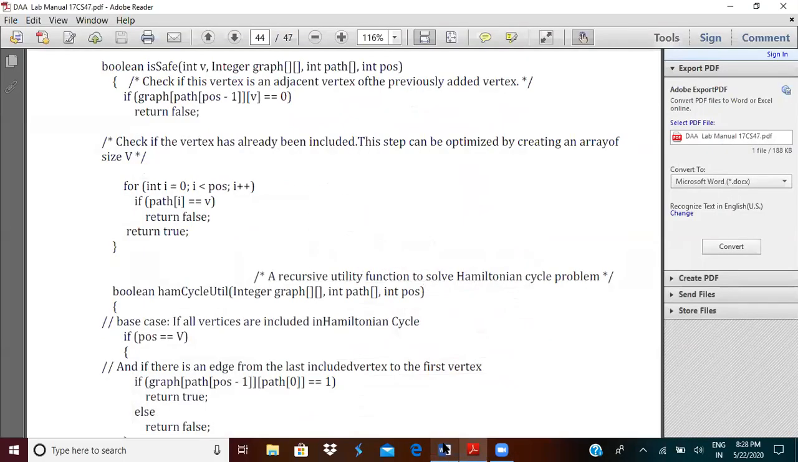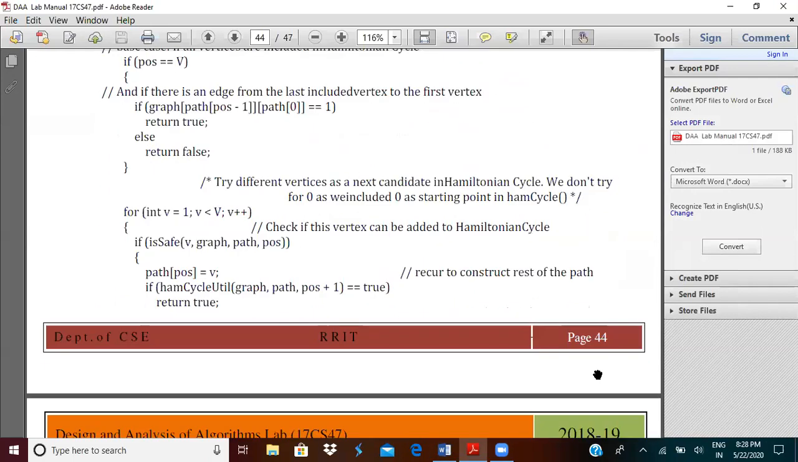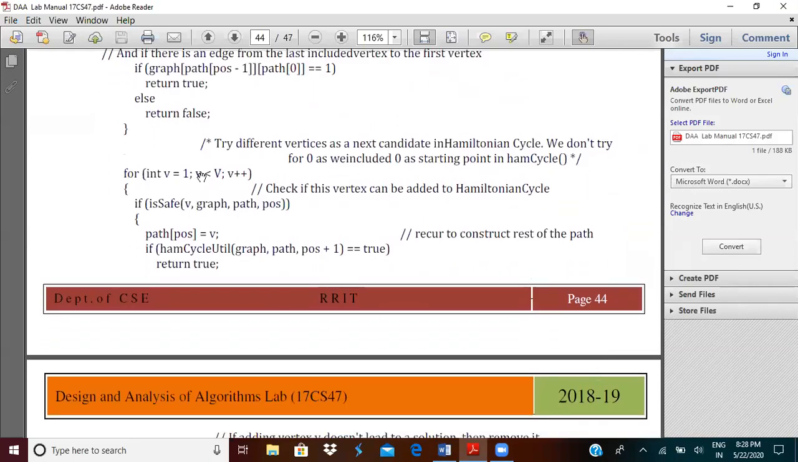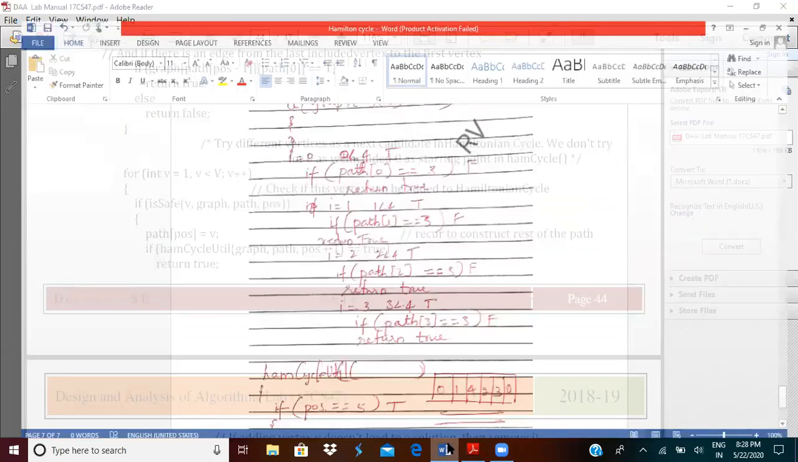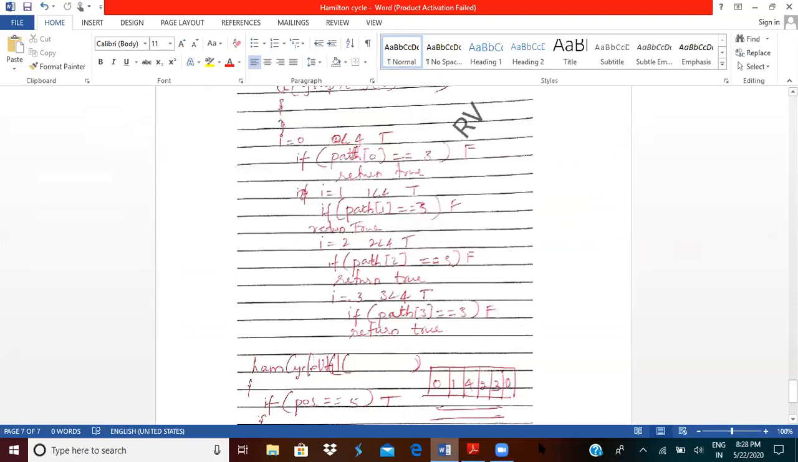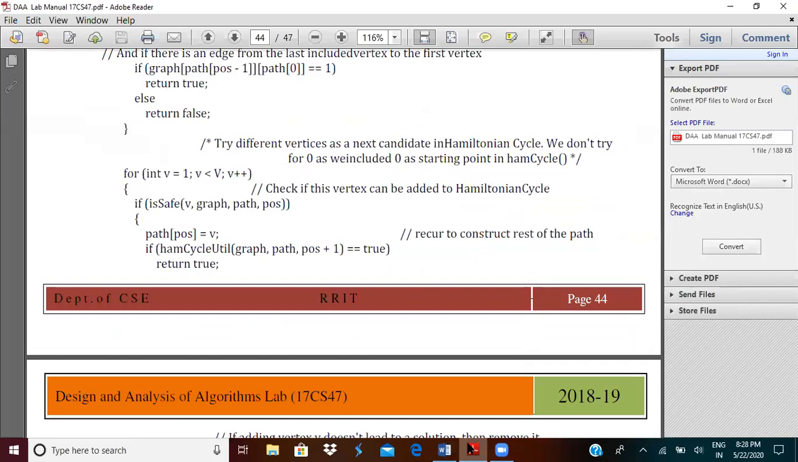If it returns true, what happens? The isSafe method would return true ultimately, and the control would come here. Since it returns true, this statement would get executed. That is path of position. Path of, so this statement would get executed once. Yes, hamCycleUtil